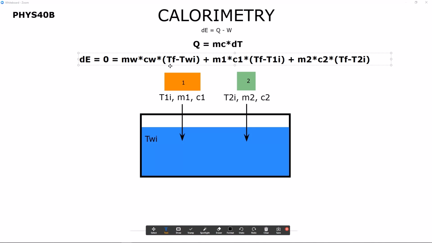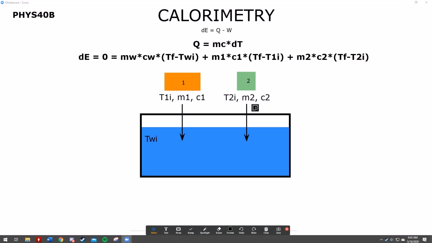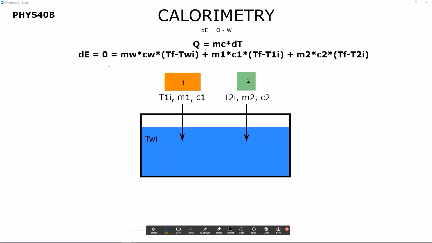So we can distribute in each of these terms, mW times CW times TF, so we can separate that out. And then I'm going to sort of skip steps here because it's a lot to type over and over. Let's see, mW times CW times TF. I'm going to keep this on one side of the equation, plus m1 times C1 times TF, plus m2 times C2 times TF. So this being one half of our equation,